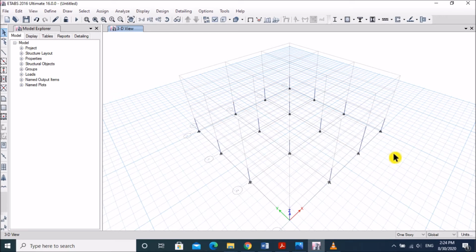Today I am going to discuss editing tools in ETABS. I have prepared a random model for the exercise, to show how and when these tools can be applied when we model projects in ETABS, right?